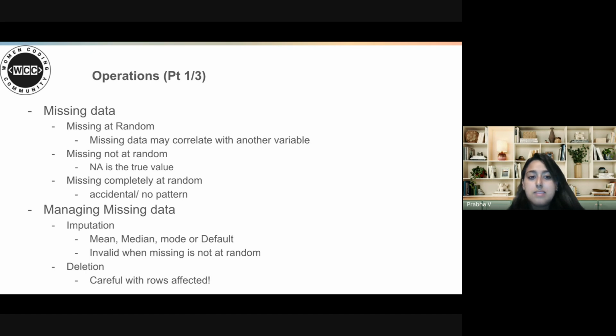And this could be useful, like you can impute it if you have other information. Sometimes data is missing not at random, whereas the empty value could just be what it is. For example, middle name. A lot of cultures don't have middle names, so a lot of values for middle names could be just empty, and you can't really do anything with it in terms of handling that part of missing data. And sometimes people just miss out on adding information, and that's called missing completely at random.